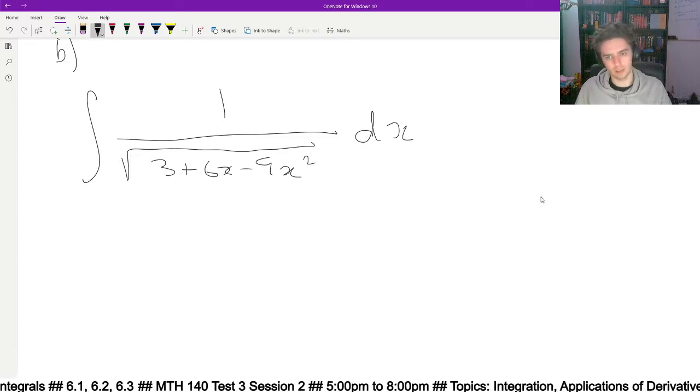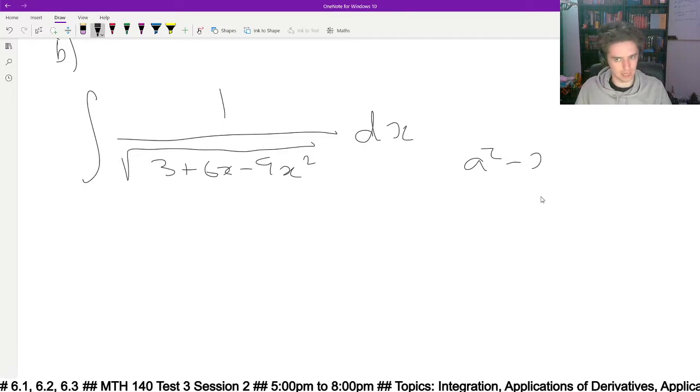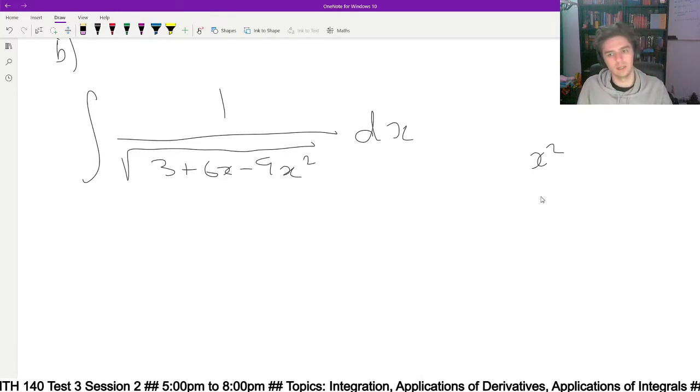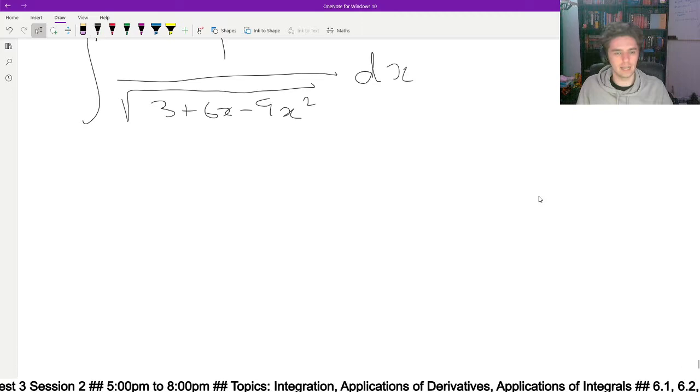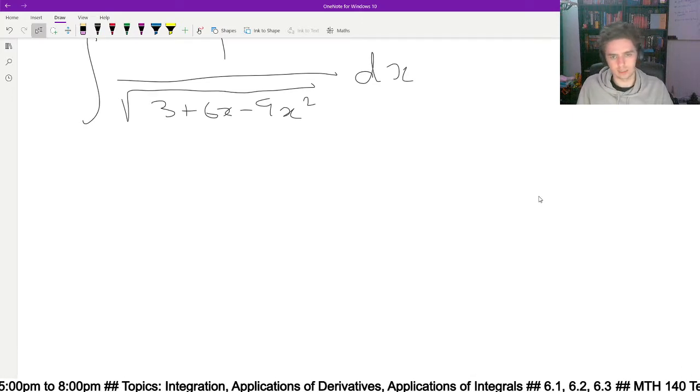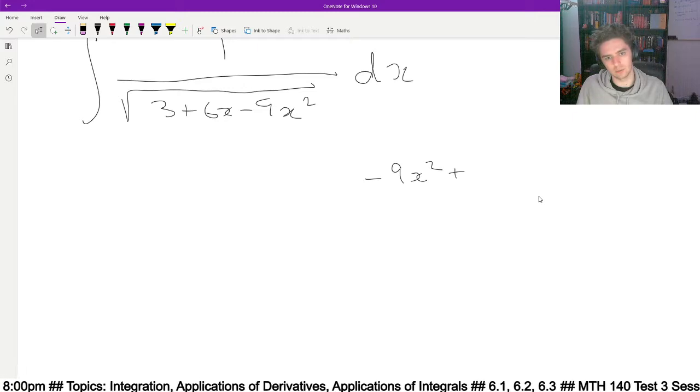What we need in the bottom is a squared minus x squared. So one way to do that is take this quadratic and complete the square. Right? So if I just take this to the side, negative 9x squared plus 6x plus 3 is equal to